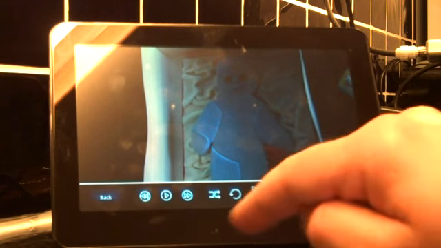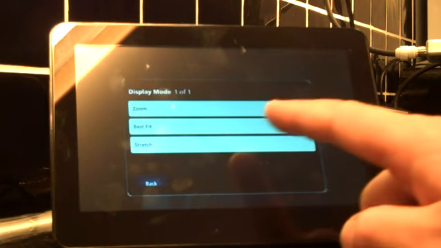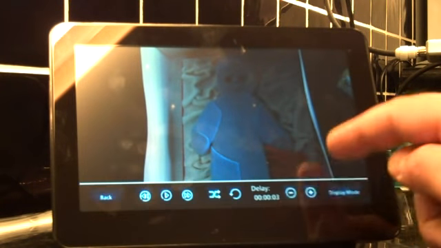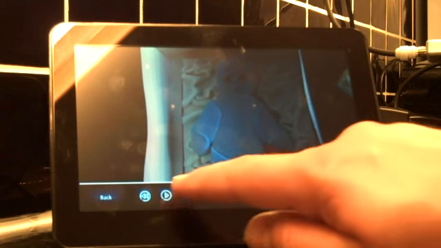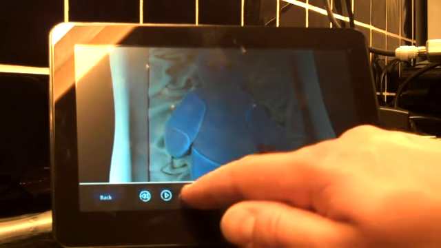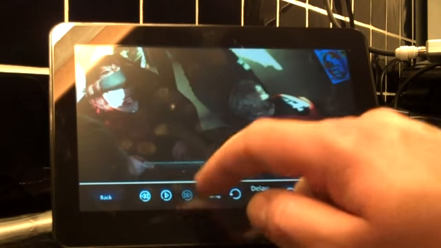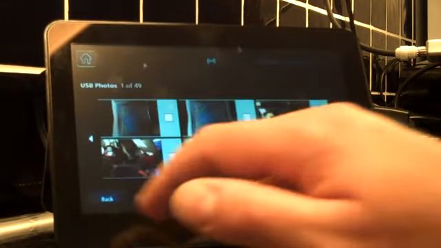And we've got various options on here: the delay, display mode, zoom, best fit, stretch. You've got loop, fast forward. You can zoom through things, zoom through pictures that you've got like that, and go back